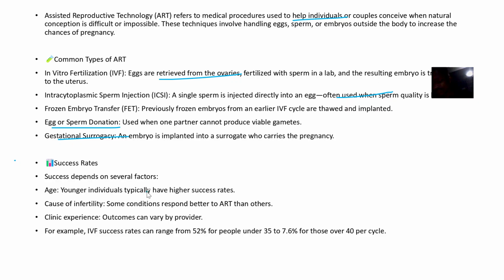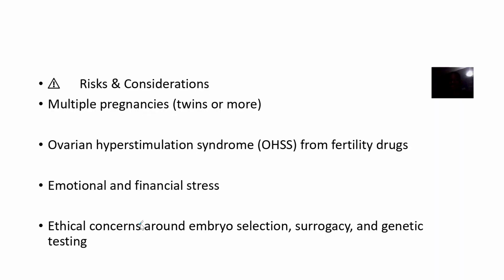Now some of these factors are the age of the person. If the person is young, the success rate is higher. The cause of infertility, what actually caused the problem, alright, depends on whether it will be successful or not. Then the clinical experience of the person doing it, right? So that does it. So the risks and considerations are multiple pregnancies or more, ovarian hyperstimulation syndrome, emotional or financial stress,